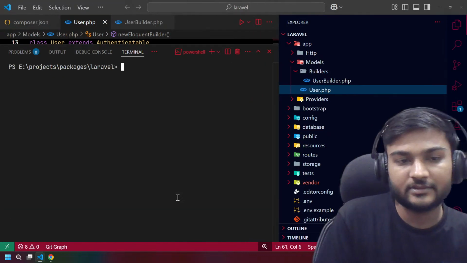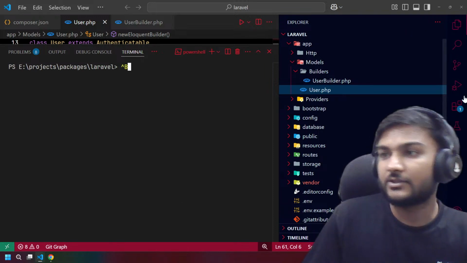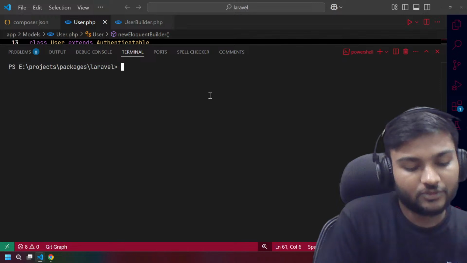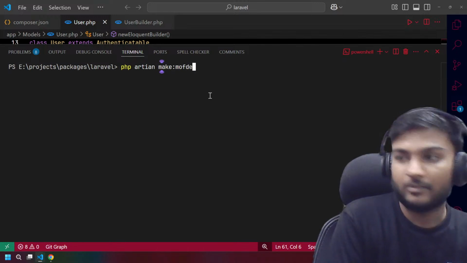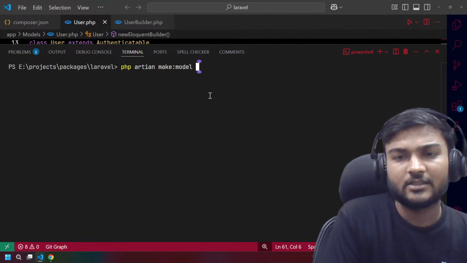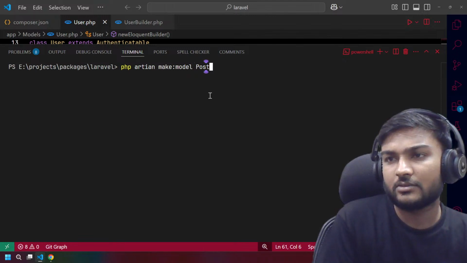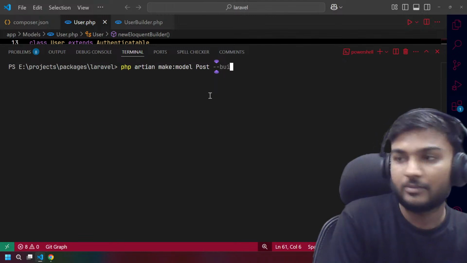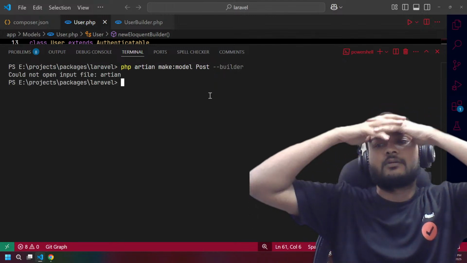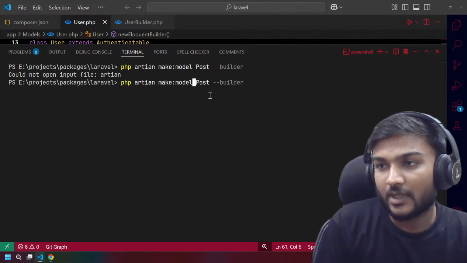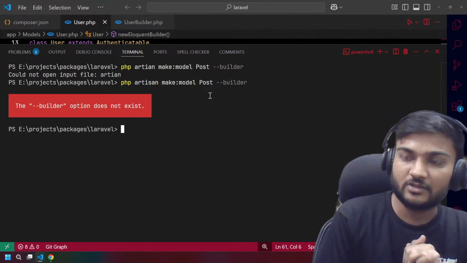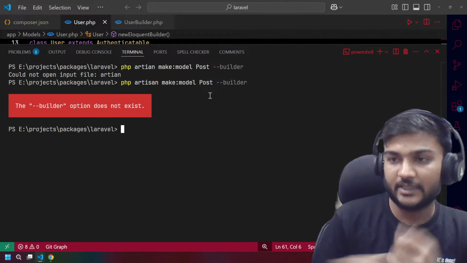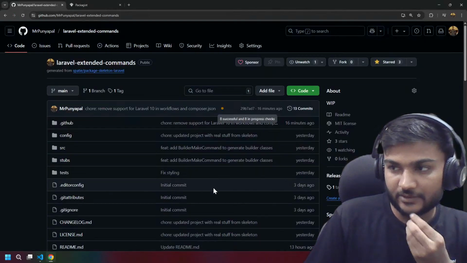Yeah, this zoom is enough, and this is control B. So PHP artisan make:model, we will call it Post model, and we will say --builder. The builder option does not exist. Okay, we made some mistake. Let's see what mistake we made.